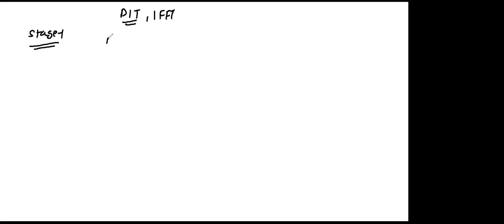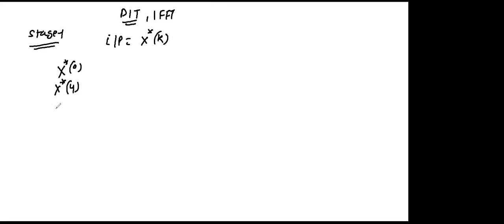For the IFFT, X conjugate of k. Very good, X conjugate of k. X of k will be given in the exam, don't worry. Then simply replace j by minus j, you will get X conjugate k. That's not a problem. Then what is the input? Input is X conjugate 0, X conjugate 4. Yes or not?